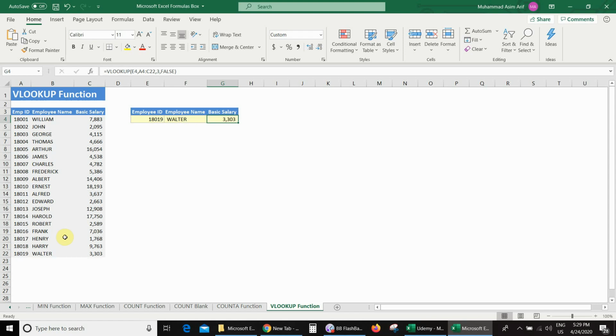If I counter-check, this is my employee ID, this is the same employee Walter and his basic salary 3303. If I enter a different employee ID here, for example 18010, enter, then I got the employee name Ernest and basic salary 18,193. If I go to the database, here you can see this is the employee ID and we have the same employee name Ernest and we have the same basic salary